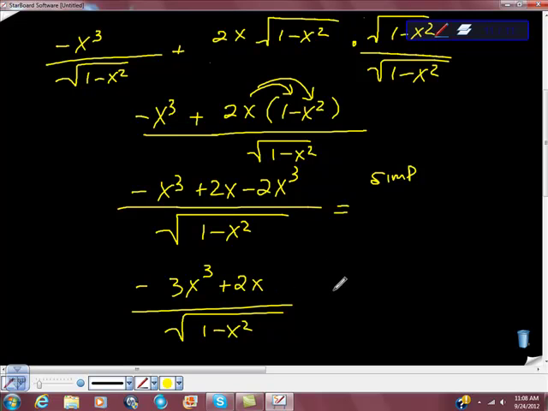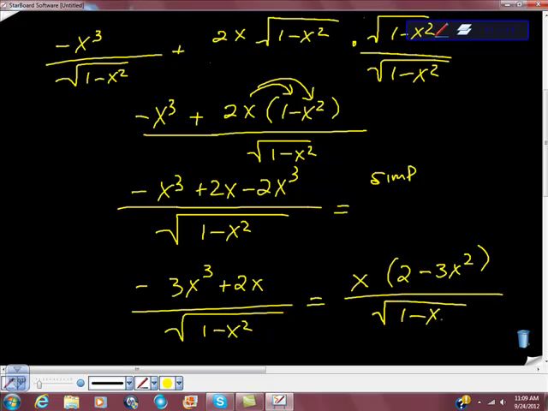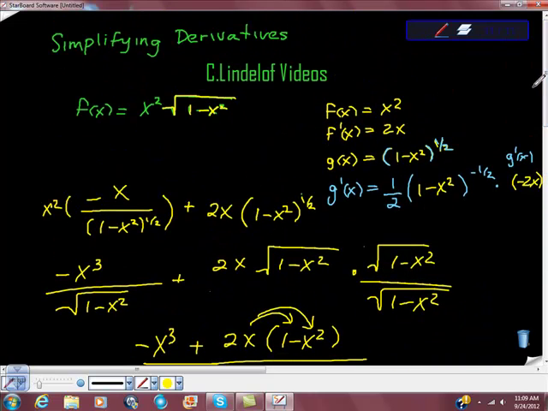And I guess I'm going to go ahead and factor an x out here. So I'm going to get x times 2 minus 3x squared all over square root of 1 minus x squared. Hopefully what you got out of this video is just it's a ton of algebra. You have to really plan your way through. So what I'm hoping that at a minimum you got was the fact you recognize this as product rule, that you recognize part of the product rule here, that you're going to have to get this g prime at x here,